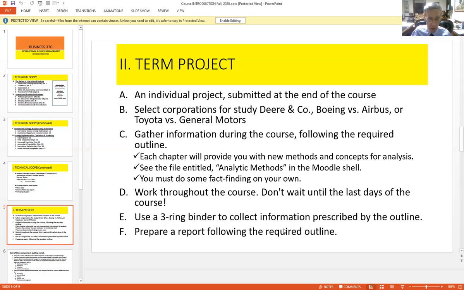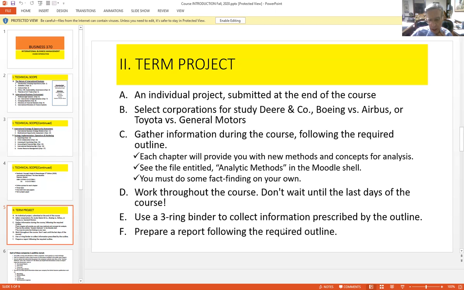And of course, that's the way it is in real business life, isn't it? You're not provided material all tied together for you in a textbook in your real business life. You've got to go put it together yourself. But I think that you'll find this project interesting as long as you do it